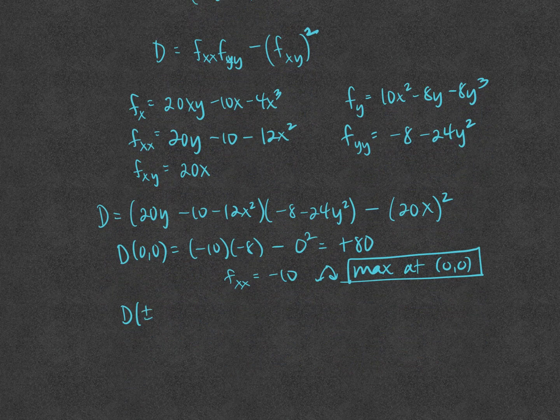So let's talk about 0.86 and 0.65. We have plus and minus 0.86 and 0.65. We should stick a 0 on there. Now, when we plug this in, I am not going to do all the work. I'm just going to plug it in on my calculator. And I find D to be negative 187.64, which is negative, which means we have a saddle point